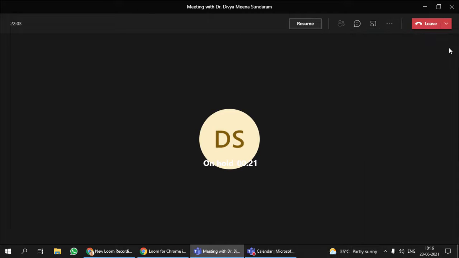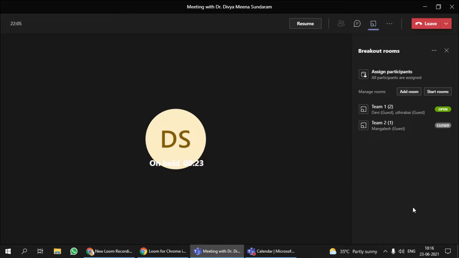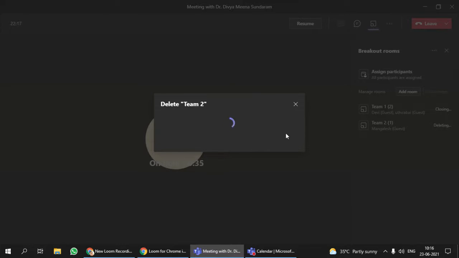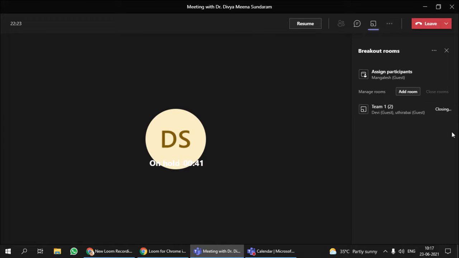So this is how you create rooms manually. And if you want to delete a room, you can delete it, or close the room, because that room is already open, so we have to close it first. If the room is not open, you can directly delete the rooms. I'm deleting it. While team 1 is getting closed, I'm deleting team 2. Team 1 is still closing.